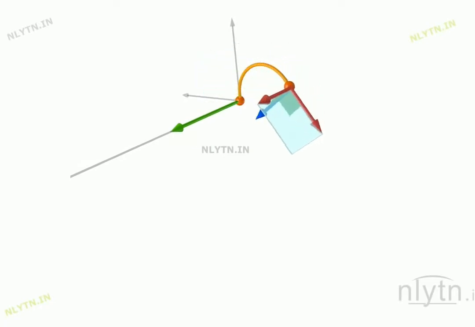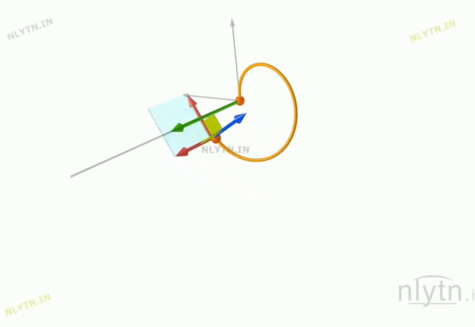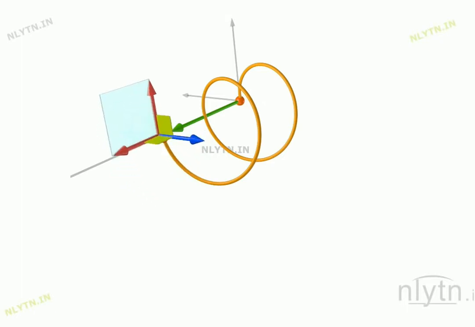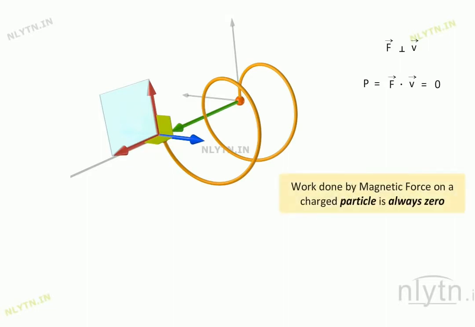So this is our YZ plane. Next time you can imagine it easily. So it will form helical motion, and the center of the helix is the center of the circle, right? So this is our one complete rotation. For one complete rotation, we have T equal to 2 pi m by b cube, right? This is our one complete rotation.